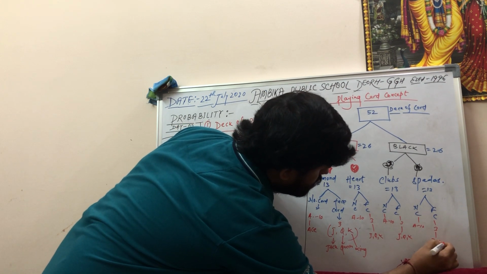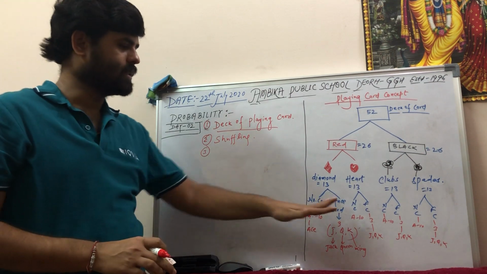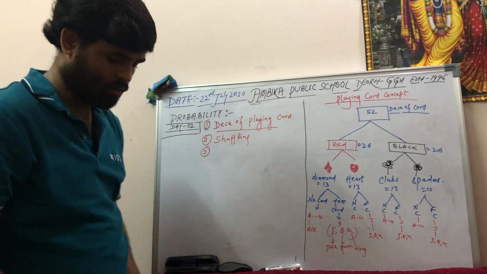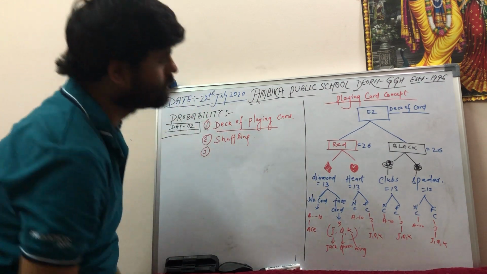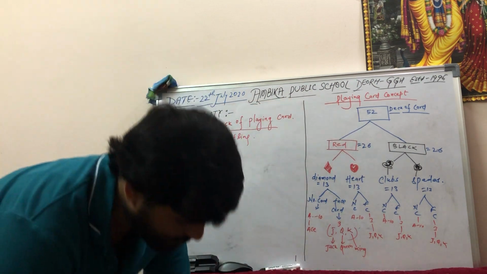J, Q, K. This is the distribution. This is the whole playing card concept. This is the distribution. Now if I read one by one from the start, what I will say, in a packet, okay,